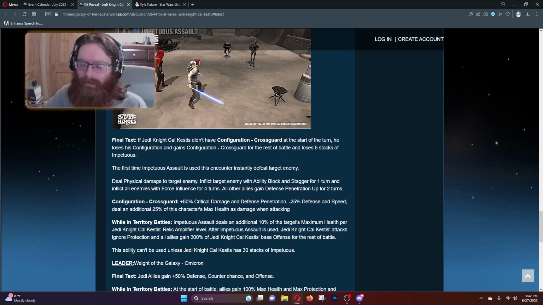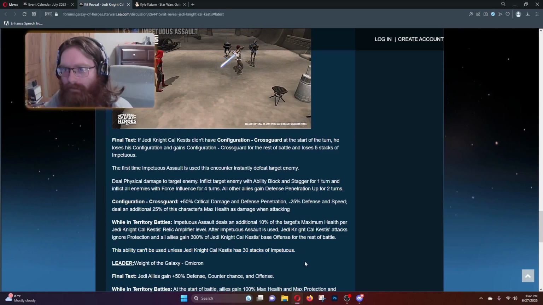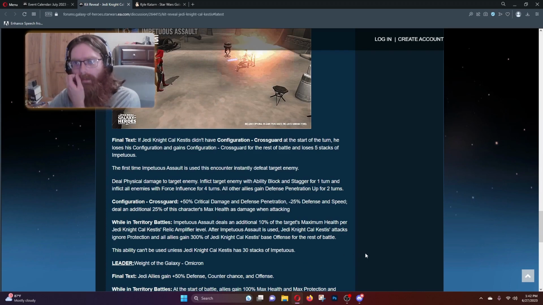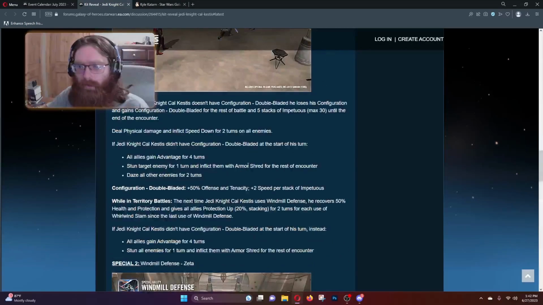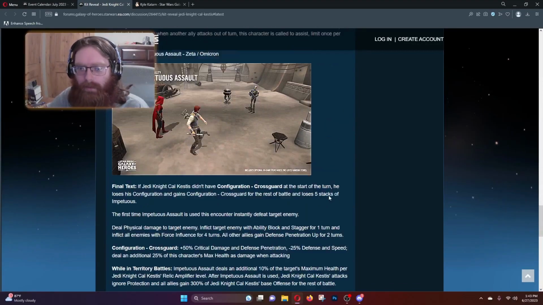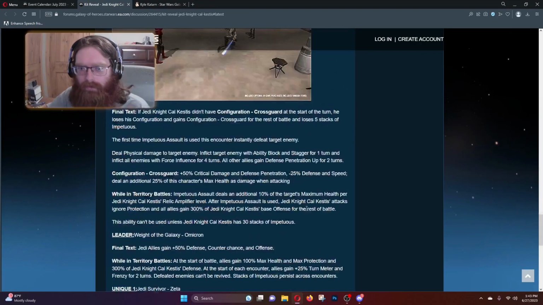And then the reason why I said this ability slightly confuses me is it also says this ability cannot be used unless Jedi Knight Cal Kestis has 30 stacks of Impetuous. So the way I'm viewing this is, I mean, the problem is it looks like you can only really use this once, because whenever you switch from the dual wield or double bladed configuration to crossguard, you're losing 5 stacks. However, you can only have 30 stacks to begin with, so where are you going to get the additional 5 to use as a second